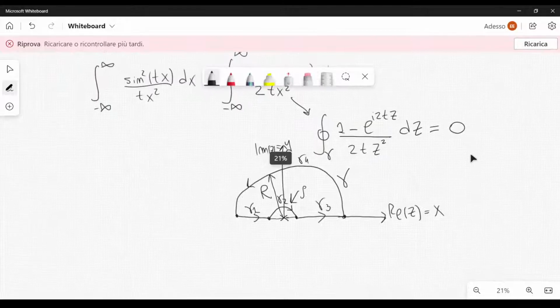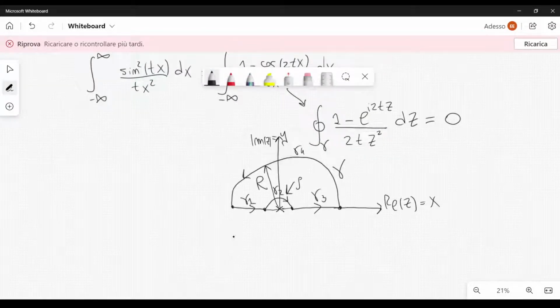And the integral over gamma will be split into 4 different integrals, the integral over gamma 1, the integral over gamma 2, over gamma 3, and over gamma 4. So I have 4 different integrals, and I can put together the integrals over gamma 1 and gamma 3. So I can integrate over gamma 1 union gamma 3, and this will give us, when we set rho,